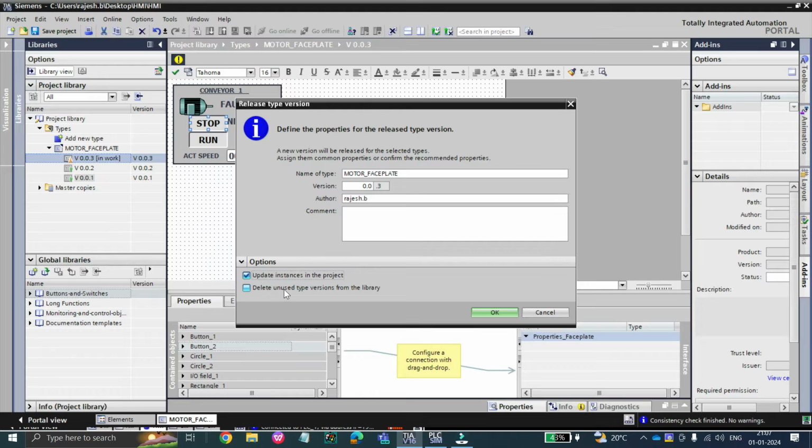If you select delete unused type versions from library, then it will delete all the remaining versions like version 0.0.1, version 0.0.2, which are not used in our main screen. If any of the versions is used in any screen, then it will not delete. If it is unused, then it will delete. So we don't want to delete the unused library, so untick that one